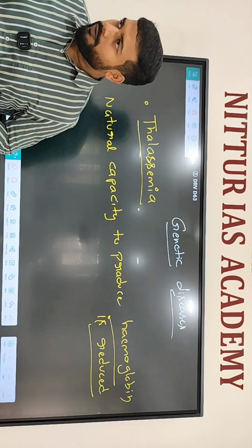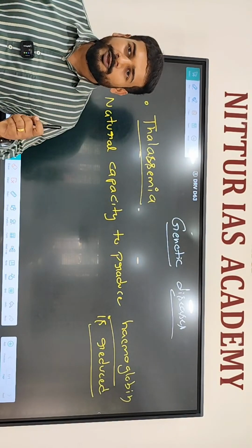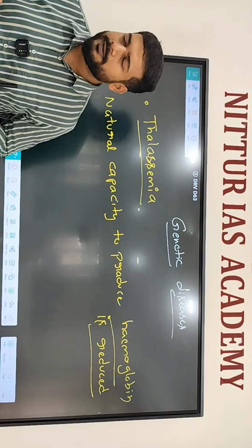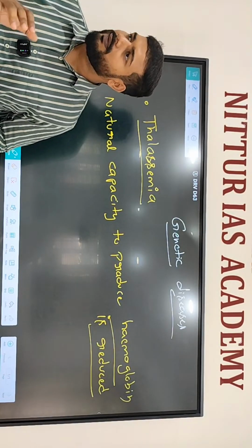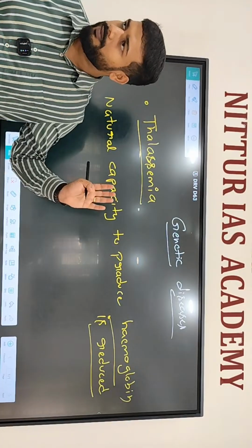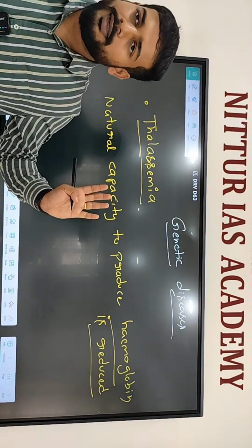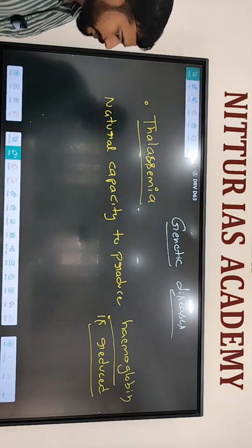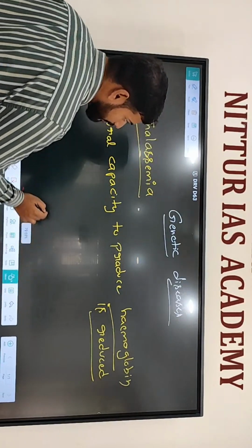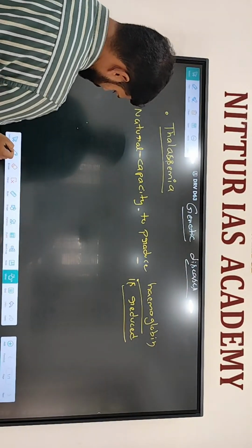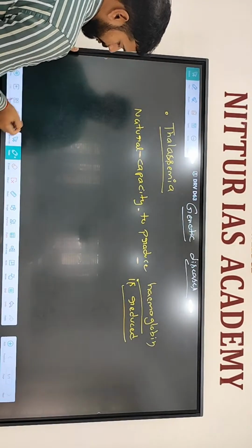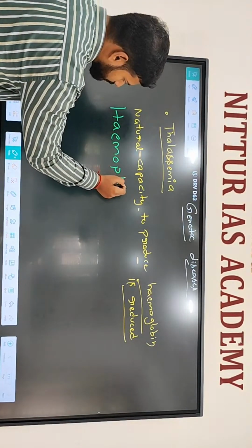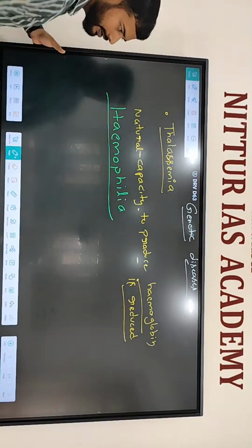There was only hope. She was 4 or 5 by the time they went to that program. Within the age of 7, she should get that treatment, otherwise she will die for sure. That is the problem. Genetic disease, thalassemia. Thalassemia means the natural capacity to produce hemoglobin is reduced. Then there is another condition called hemophilia.